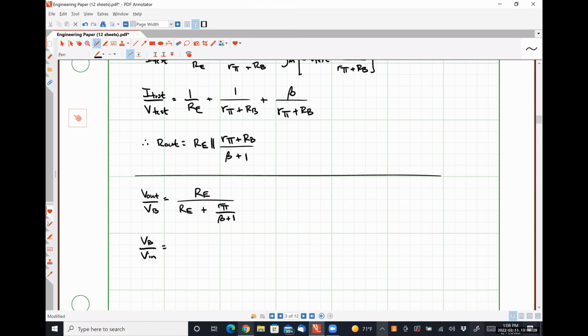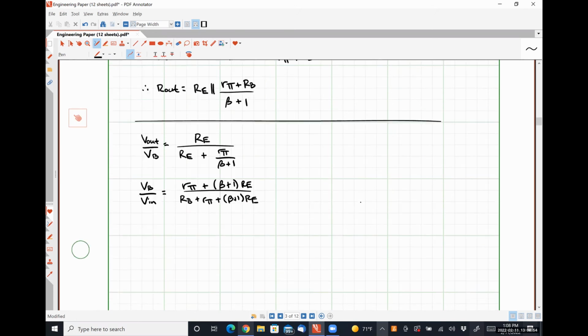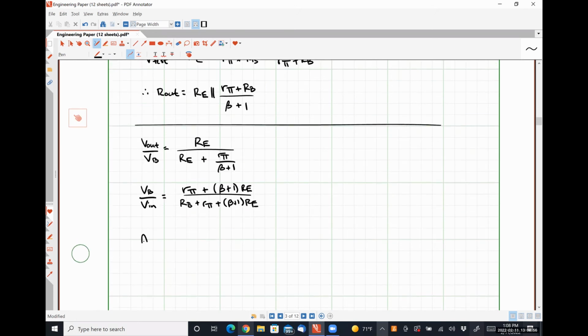Vout over Vin is going to look like R pi plus beta plus 1 RE, divided by RB plus R pi, times beta plus 1 times RE. And when we multiply these two things together,